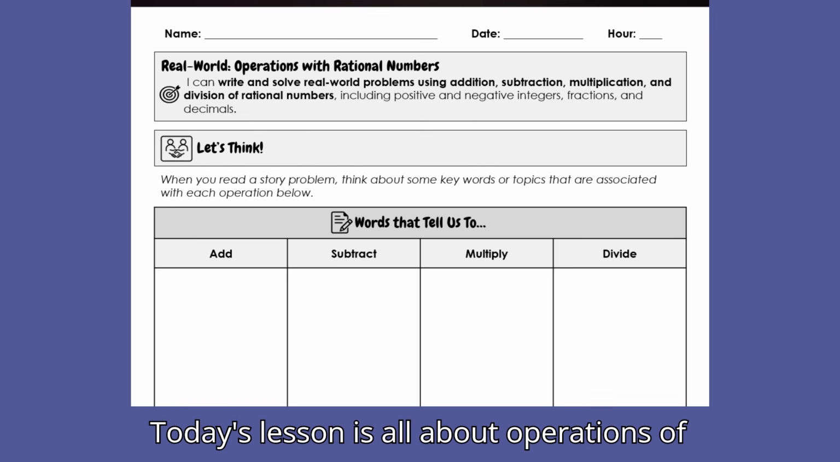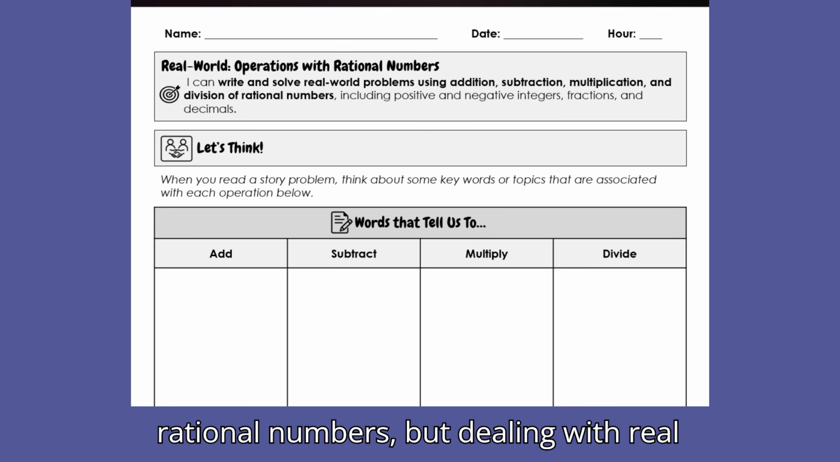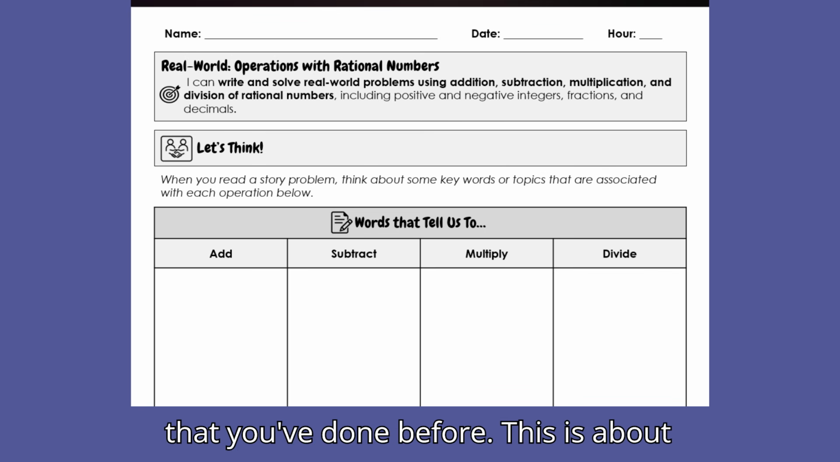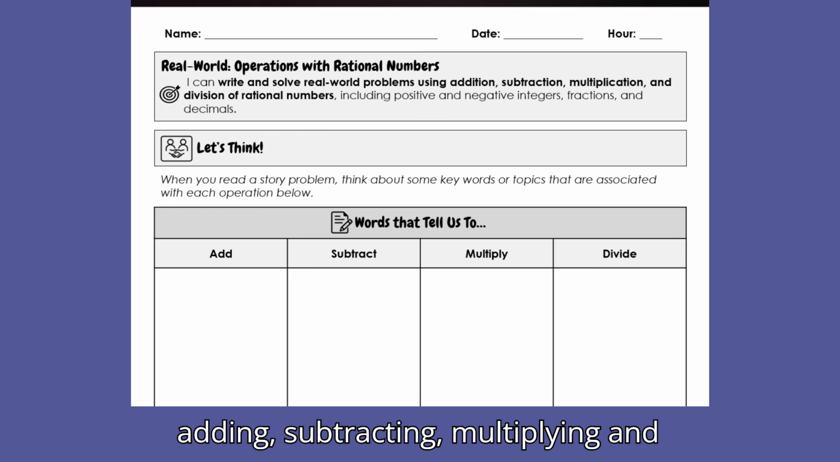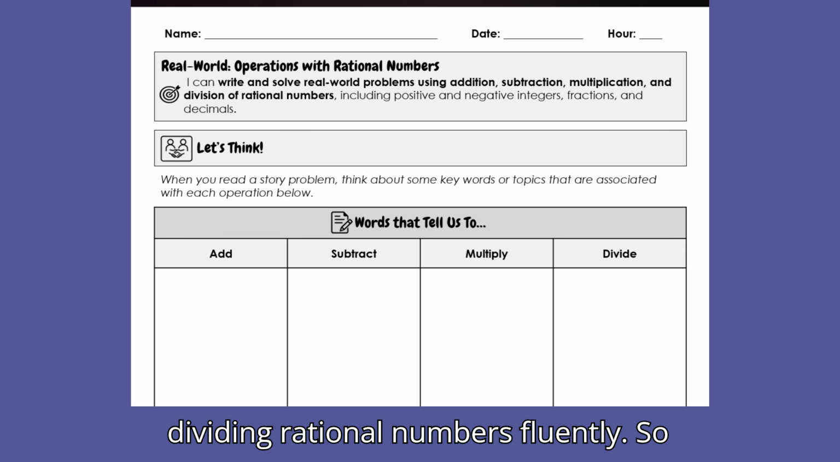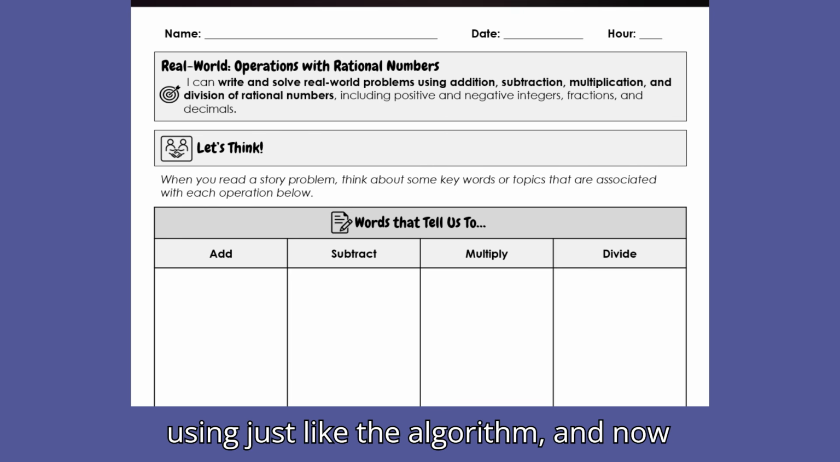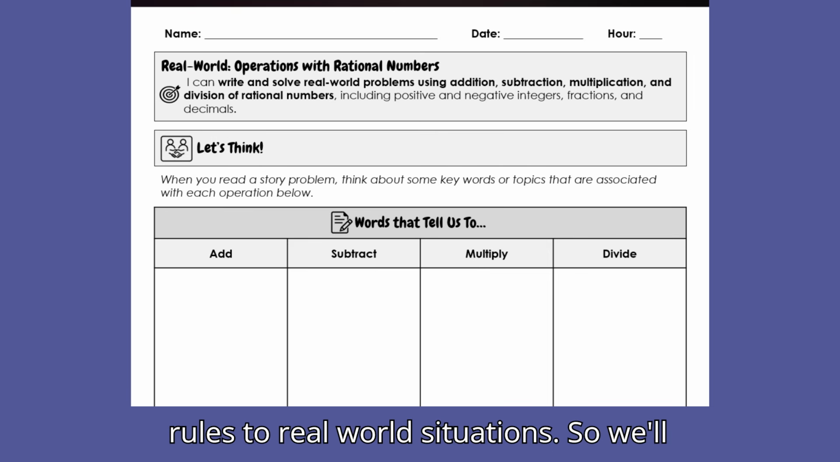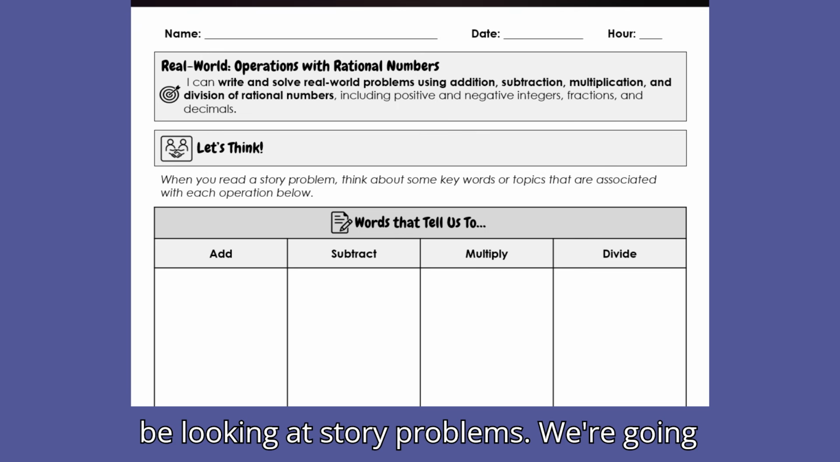Today's lesson is all about operations with rational numbers, but dealing with real world situations. Hopefully, in lessons that you've done before, this is about adding, subtracting, multiplying, and dividing rational numbers fluently, using just the algorithm. And now we're going to be applying those rules to real world situations. So we're going to be looking at story problems and we're going to be writing and solving real world problems